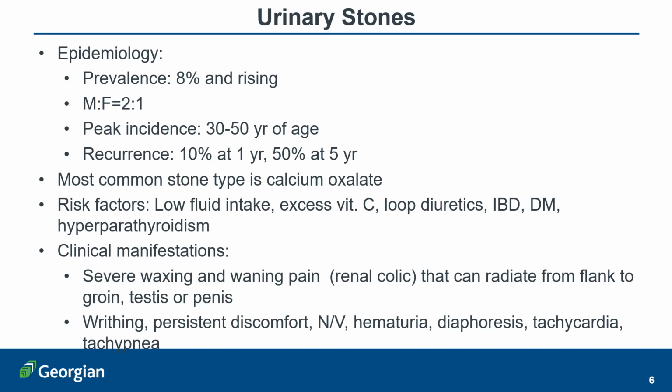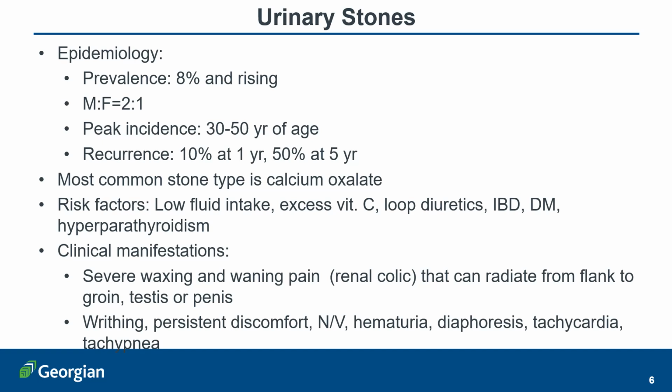So anytime, as we'll see in part 2 of this unit, there is hypercalcemia, that increases the risk of uro and nephrolithiasis because most of the urinary stones are made up of calcium. The risk factor for urolithiasis and nephrolithiasis is a low fluid intake. It increases the risk of precipitation of the stones. Excess vitamin C, kind of hard to explain that. Loop diuretics, again, because they remove fluid from the body and make everything more concentrated, thereby increasing the risk of